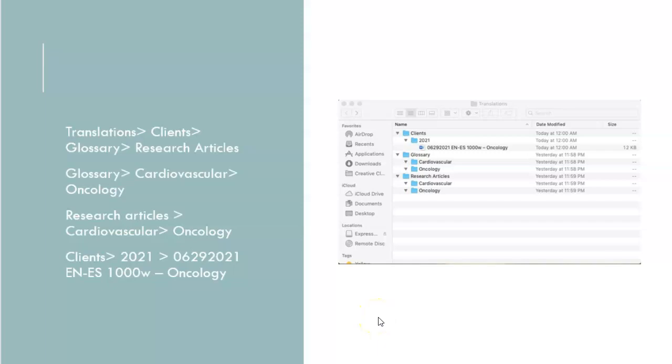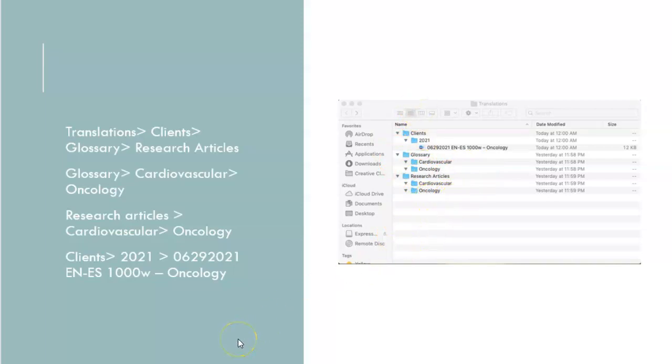Again, I mentioned you have to find what works for you, or maybe what works for the clients that you have. In this example, everything is done based on the medical area that they're doing, cardiovascular, oncology. So it just depends on what you're doing.